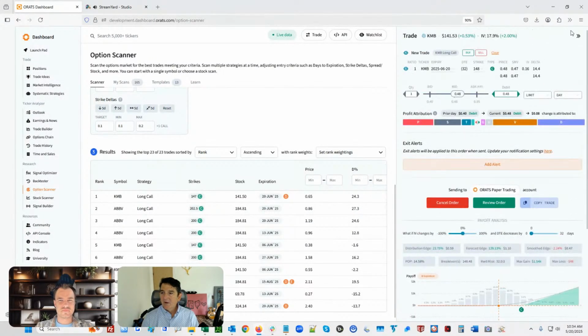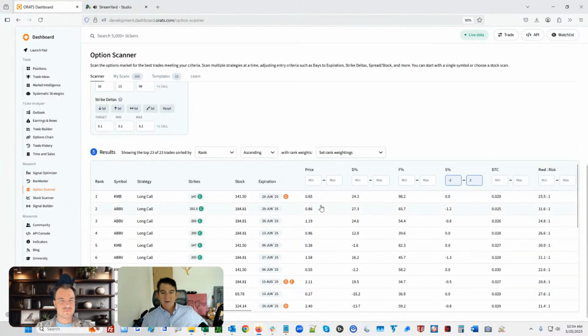Right. So let's just wrap up because we're getting to the time. What we're saying is, if you're just looking for a pure forecast and distribution thing, we've used forecasts for a long time, and we've studied them. We haven't put out huge reports, but we've had people use them and tell us that they've done well with them. But we don't want to make those kinds of assumptions right now, though that might be something we do in the future. We're doing a lot of things here at ORATS.